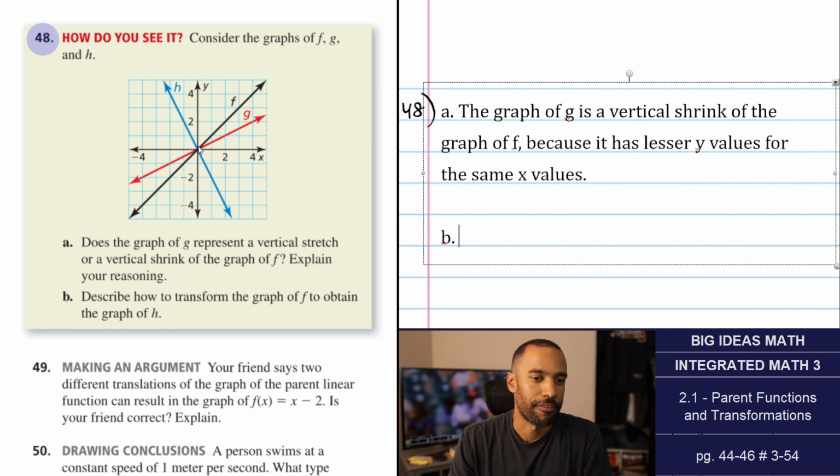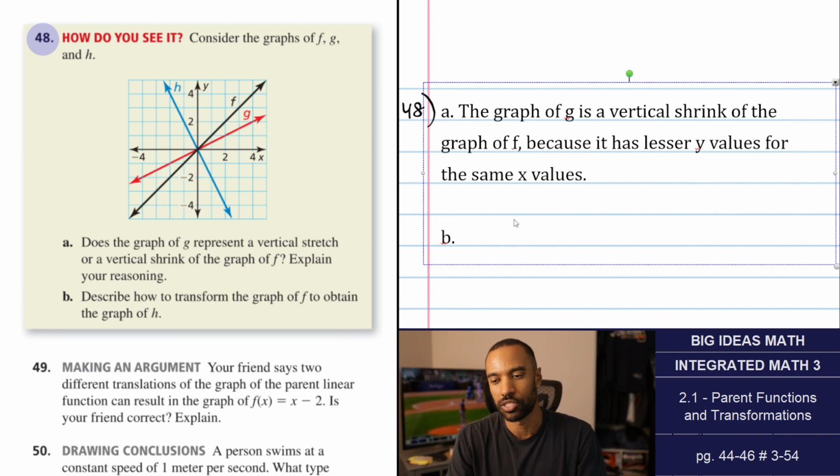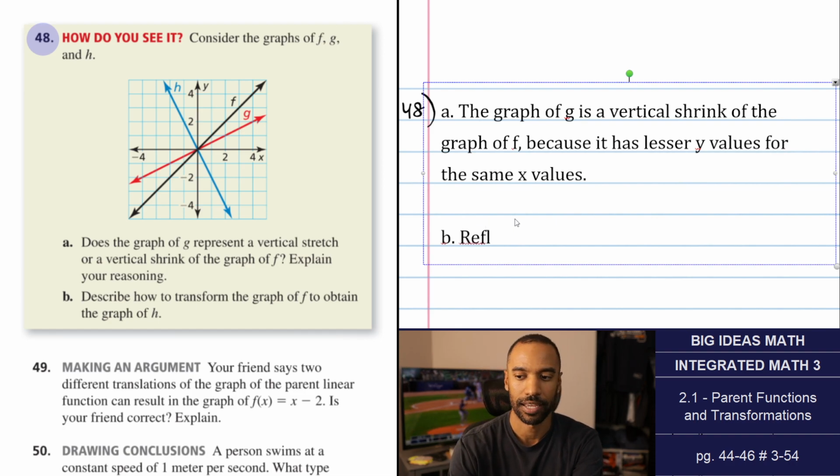F is just up 1 over 1. H is down 2 over 1. So there are two things that are happening. The down part is the reflection. So reflect